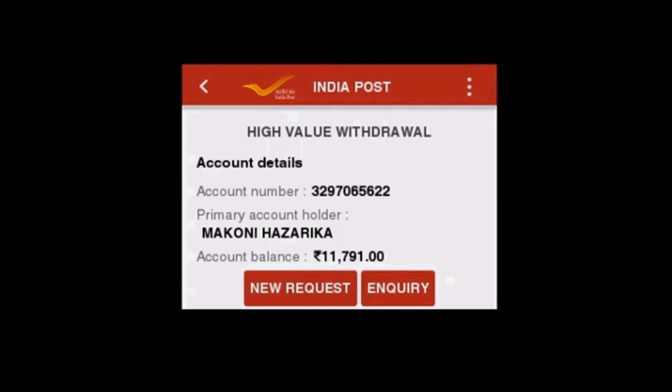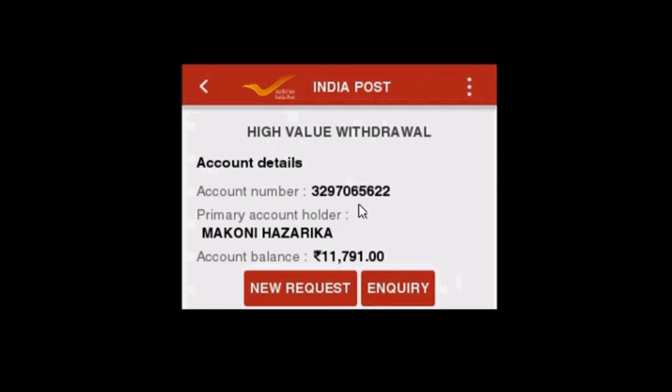After clicking new request, a new page will appear with the heading high value request. Enter the amount to be withdrawn in the provided space and click the create new request button provided below. Again a pop-up message will come, validating with server. Now a page will open with the request number. Click the print button to take the printout, attach it with the withdrawal form and send it to the account office for approval.